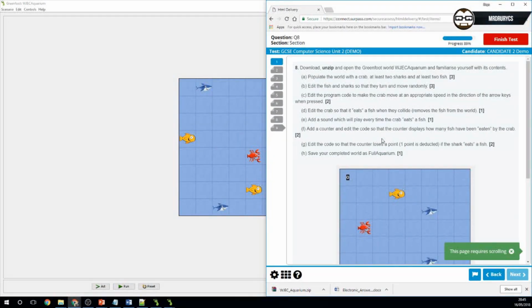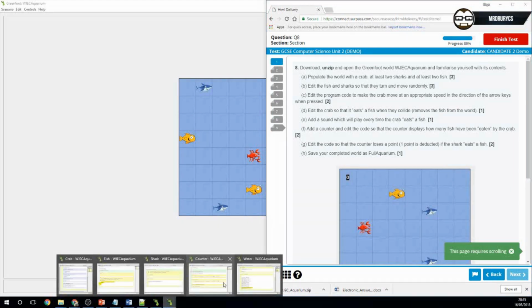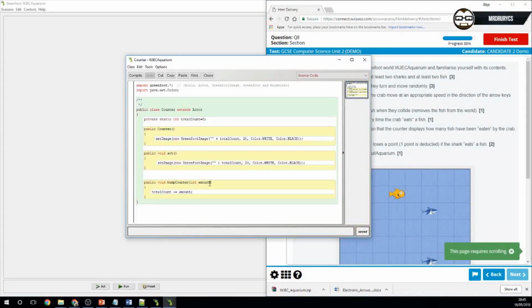Now you've got to edit the code so it also loses a point if the shark eats the fish. Now the 2 marks isn't from you just doing it and putting a minus in, however. It's by changing the bump counter function, and it's not difficult. All you want to do is adapt it with my code. So you can put comma string mode,